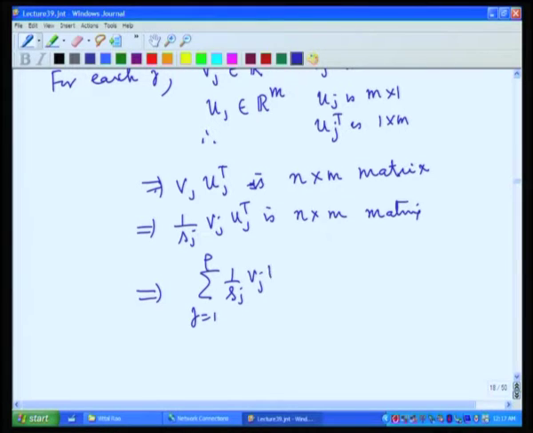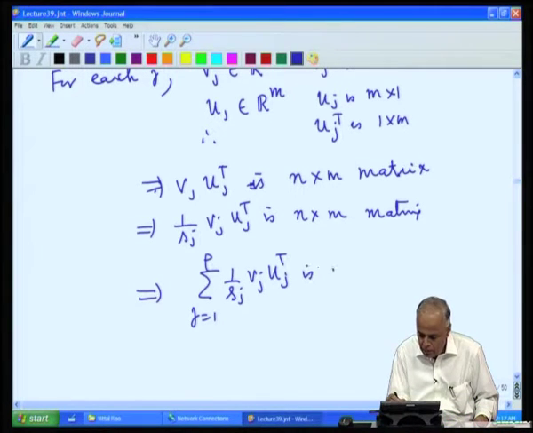Now, the sum involves rho terms, each term is an n by m matrix. So, if I add rho of the n by m matrices, again I will get an n by m matrix. So, that says if I add all these fellows, it is an n by m matrix,